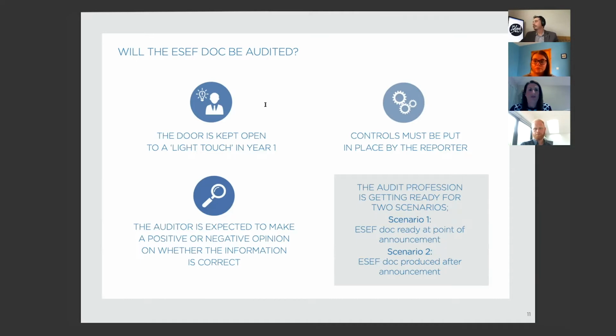I think even if we're not required to have it audited in year one, the feeling from the Big Four is that we should try and do some sort of assurance on them, so that when we come round to maybe an audit in year 2 or 3, the auditors have some sort of formal agreement that they're happy with the tagging process and the tags that have been applied. So it's important that we have a think about that and what we might do if an audit isn't required